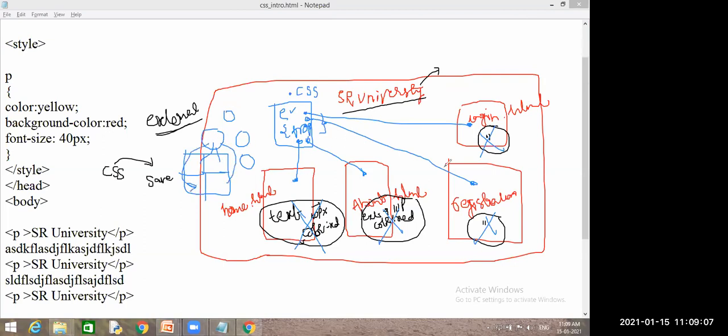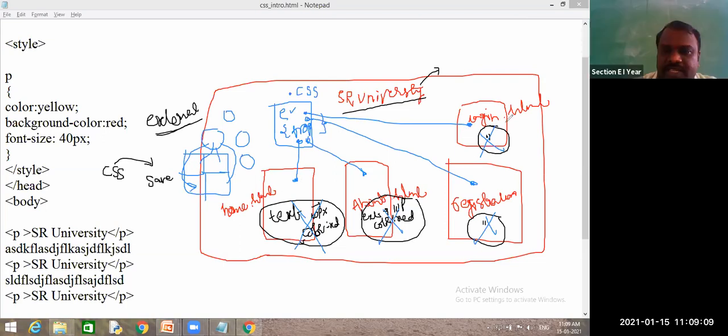Yes, sir. Same thing. These are 4 different pages having the same common properties. So why do I need to write these same properties multiple times? I will write them only once, and we'll connect this property to these 4 pages. Is it clear? We will go for this type of example, guys.